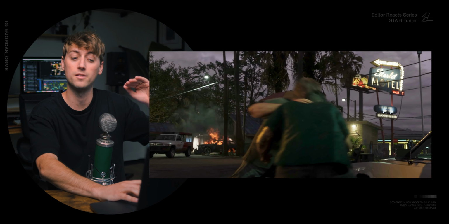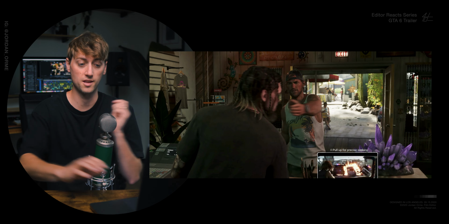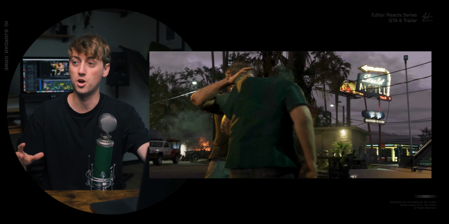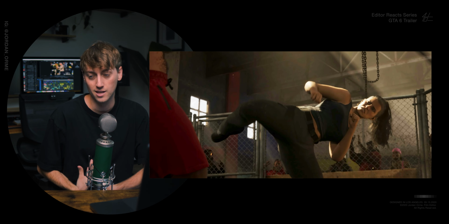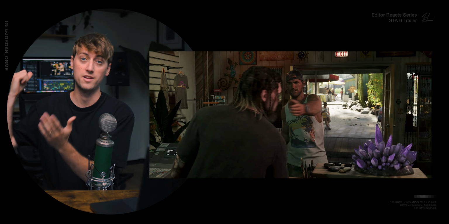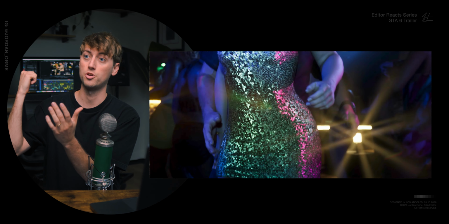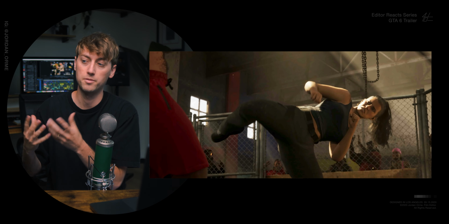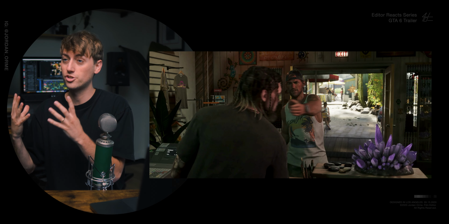And then the same thing happened here with this match cut where somebody gets thrown against the car and then we show the aftermath of somebody getting hit. But it kind of makes sense because if you have two shots that have an impact and you cut them together, you want to show the impact once, right? Because that's how it would really happen. But in reality, you kind of want to show the impact twice.